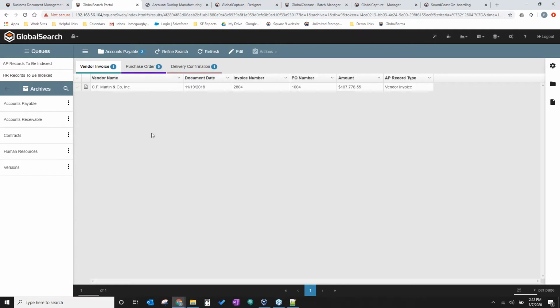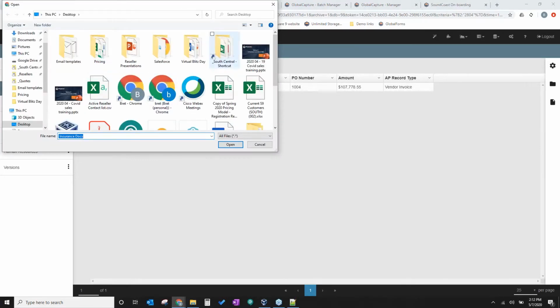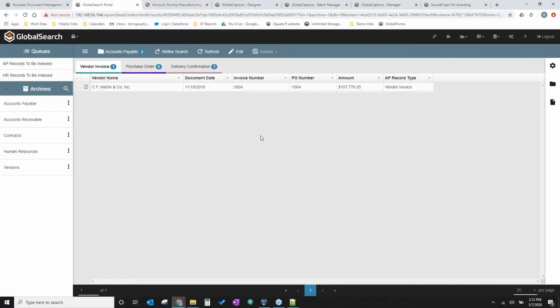Yeah, and you may be thinking, okay, this looks good. I like the idea here, but how do I get all these documents and all this information into the system, right? So we've got several different ways of getting documents into the system. We can use a desktop scanner, so I can connect to a desktop scanner sitting on my desk and pull those documents in. I can also import from files, so I can go out and browse to a folder to import that information into the system.